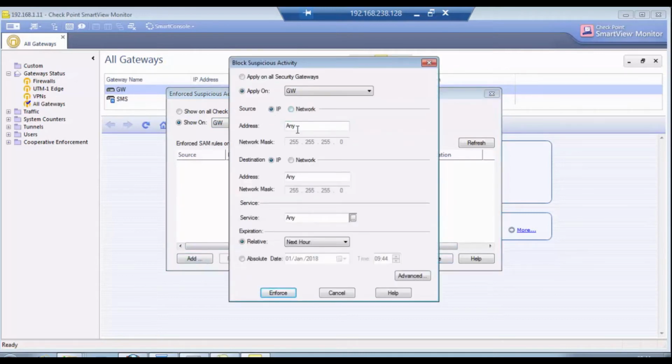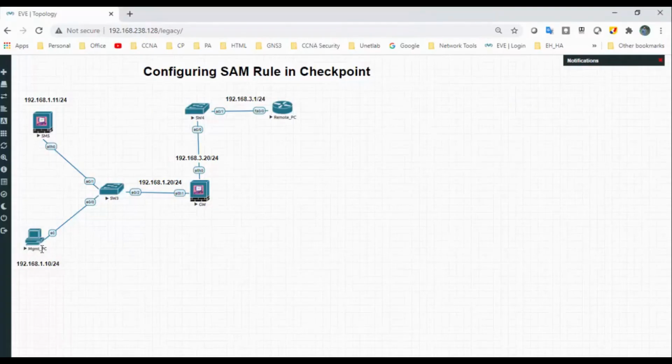Here, in my case, I want to block the telnet service. You can also create a network, but as of now I'm creating only a single host. I want to block the telnet service from the management PC to the remote PC.